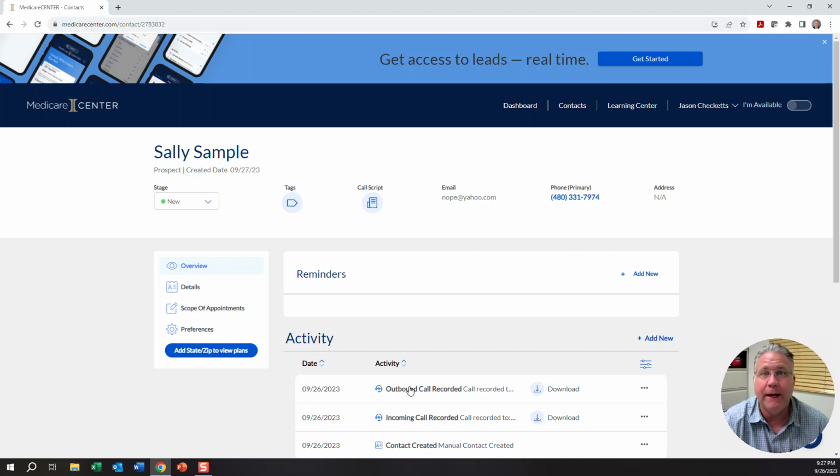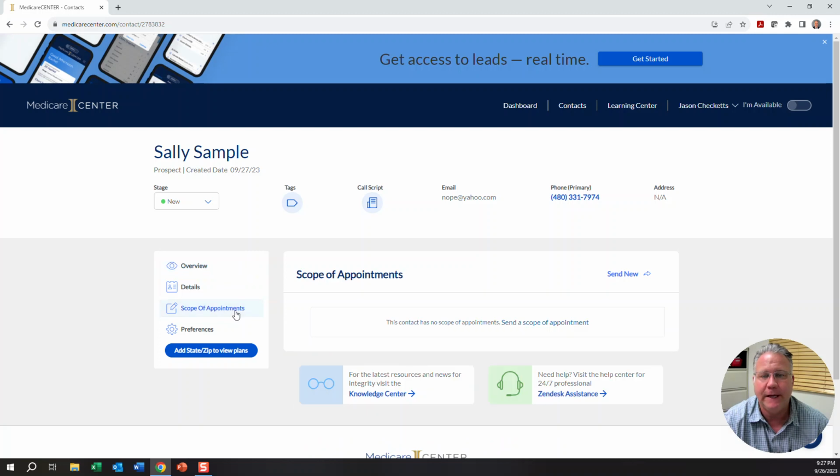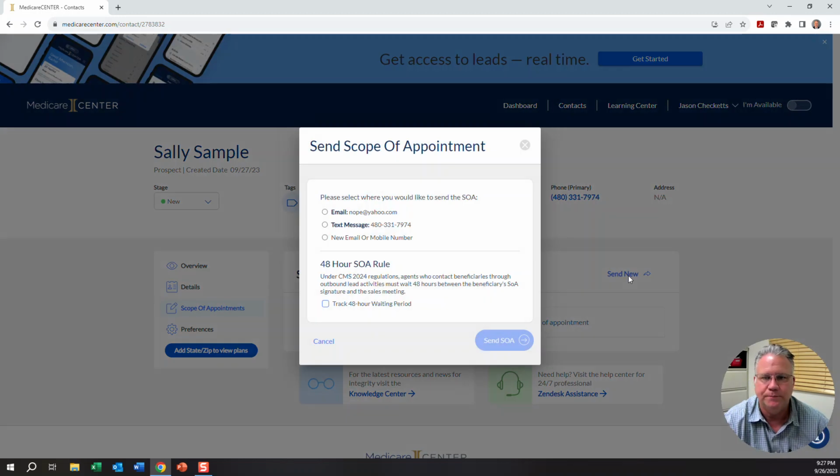enrollment, right? But let's just say we're back in the beginning here and you're ready to do a scope of appointment. And you've got to wait 48 hours, right? So you go into the contact, you click on scope of appointments, and then you say send new. Now you can email the scope or you can text the scope, or if these are both invalid or she wants you to send it to a different email address, you can click here and do a new email address. Now if you want the system in here to track the 48 hours, you can also check this